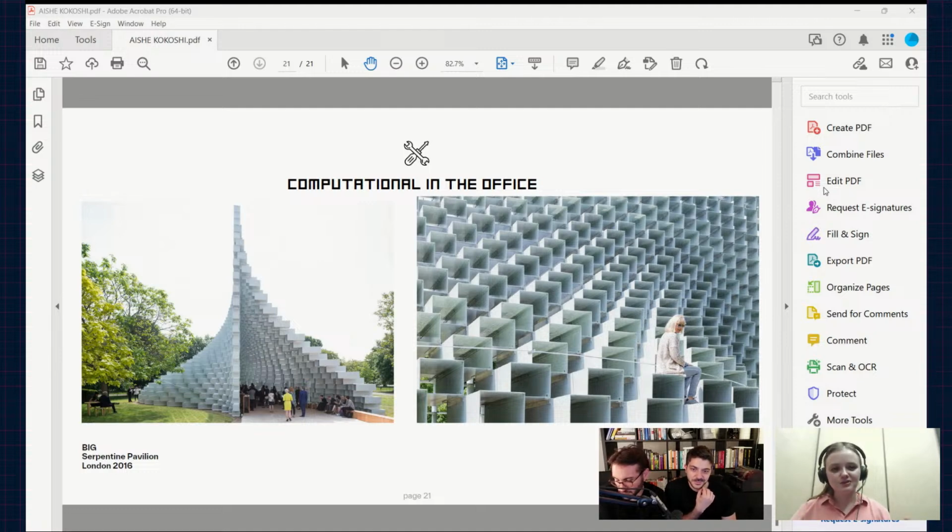Is there anything you can share about the implementation of AI, and any initiative in the office pushing it, maybe for the design phase to get ideas going?